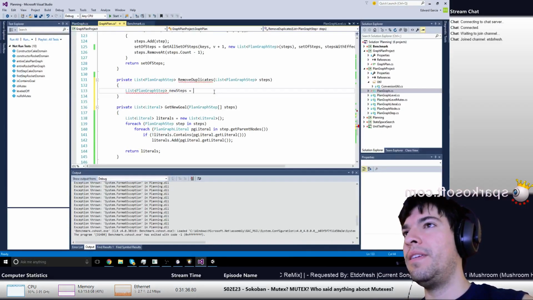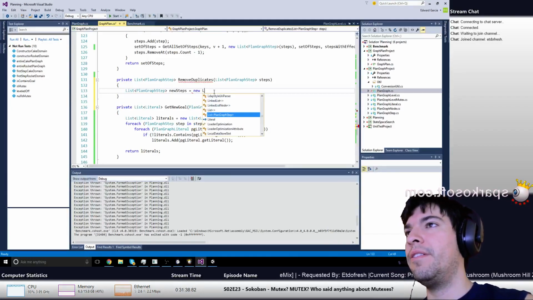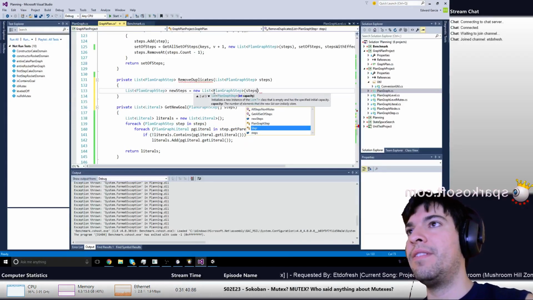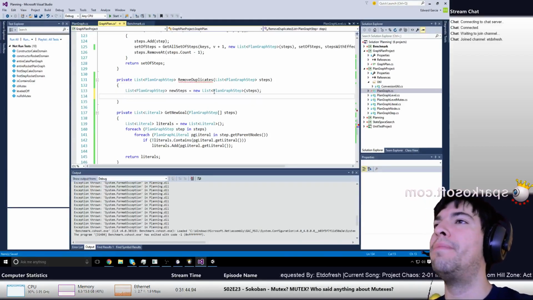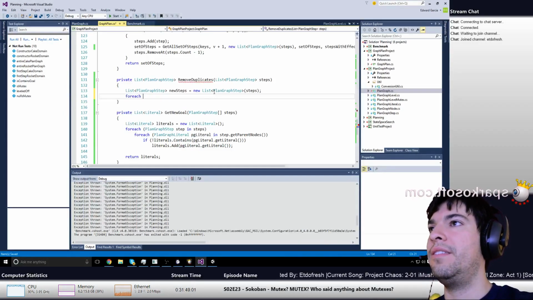New steps equals new list planning graph steps of steps. Alright, so that's basically a clone. So we got a clone of that steps. And now just to kind of iterate through it,